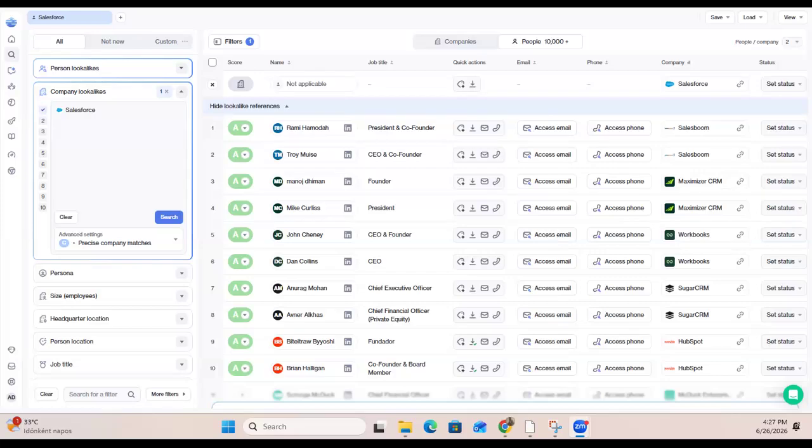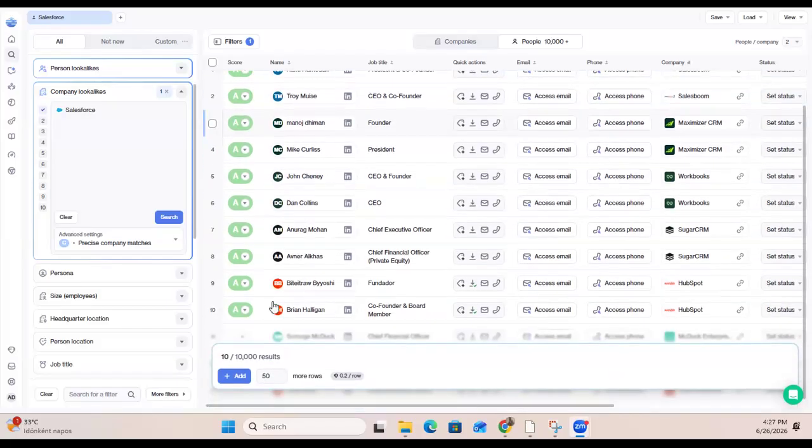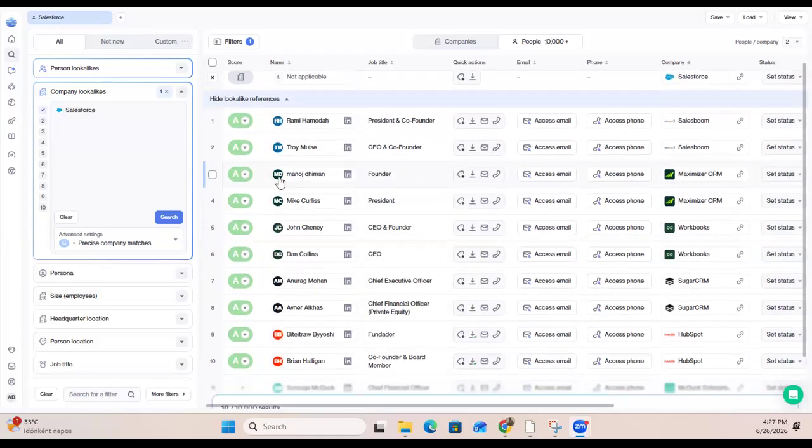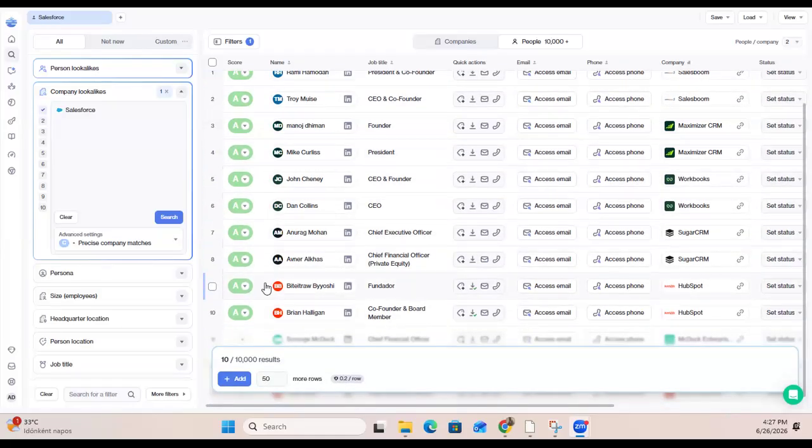All right. So in this video, I'm going to show you the three main actions on the Ocean platform that will consume credits. So the first one is if you load more rows. In every search that you make, you will always be able to see the first 10 results. But beyond that, if you want to see more, you can see it's blurred out and you have this add